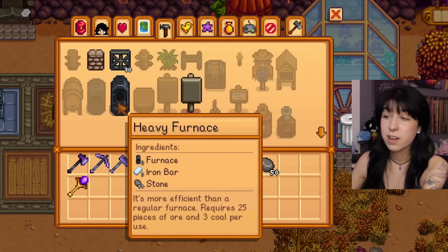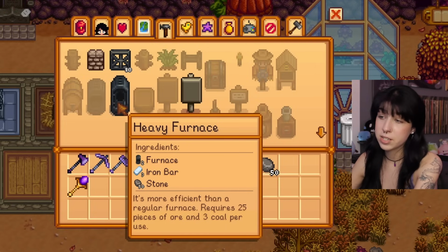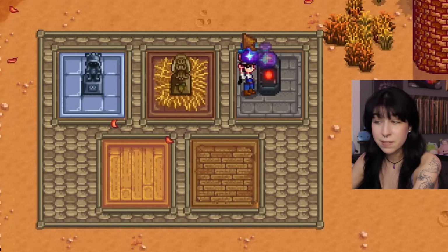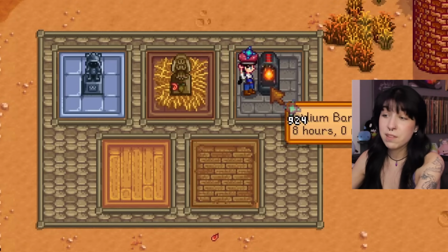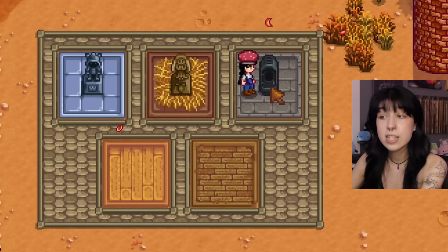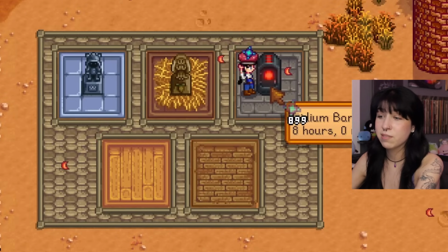It requires 25 pieces of ore and 3 coal per use. To craft this furnace, you will need 2 normal furnaces, 3 iron bars, and 50 stone. Each possible output stack size is equally likely to have a 50% chance of yielding 5 bars and a 50% chance of yielding 6 bars. When 5 bars are produced, the heavy furnace saves 40% coal in comparison to normal furnaces. And when 6 bars is produced, 50% of the coal and 1/6 of the ore is saved in comparison to